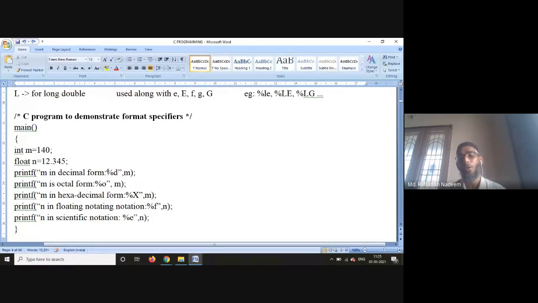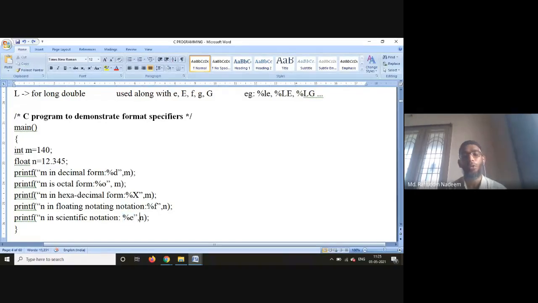Okay, so without actually changing the m value, when I give percentage x here, m 140 will be displayed in the hexadecimal form automatically. Okay, so if you are using percentage f, it is used in signed decimal, I mean float notation. But if you go for percentage e, then it will be displayed in scientific notation.